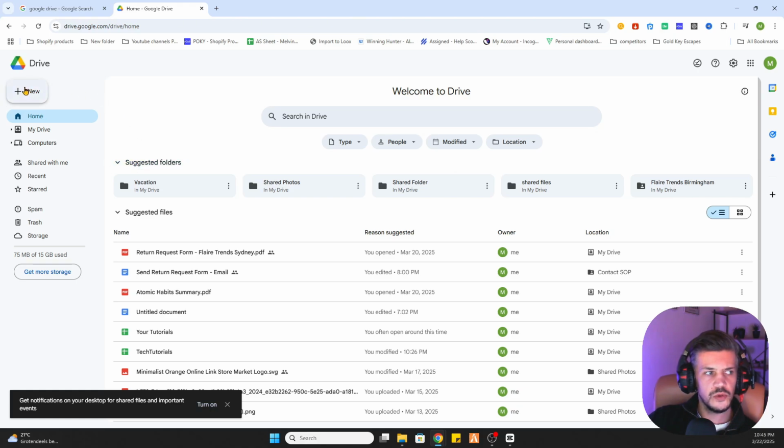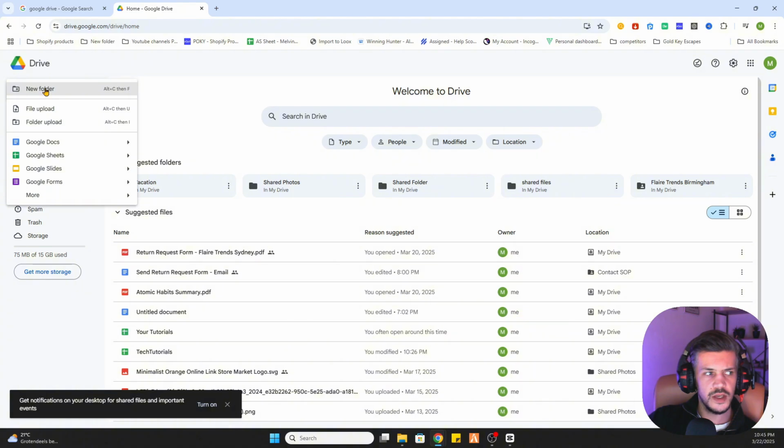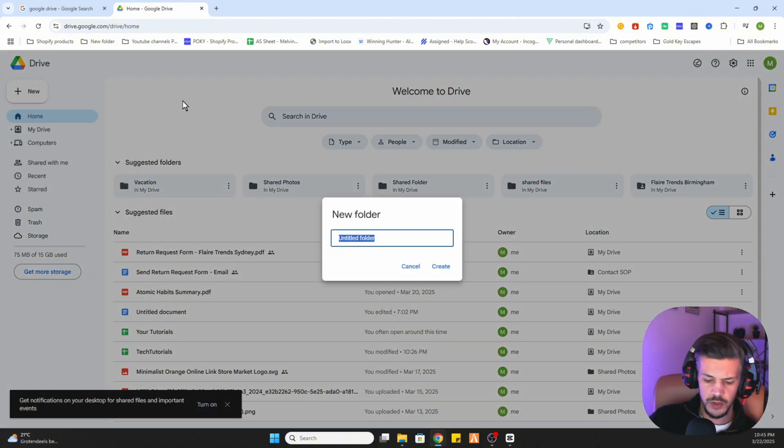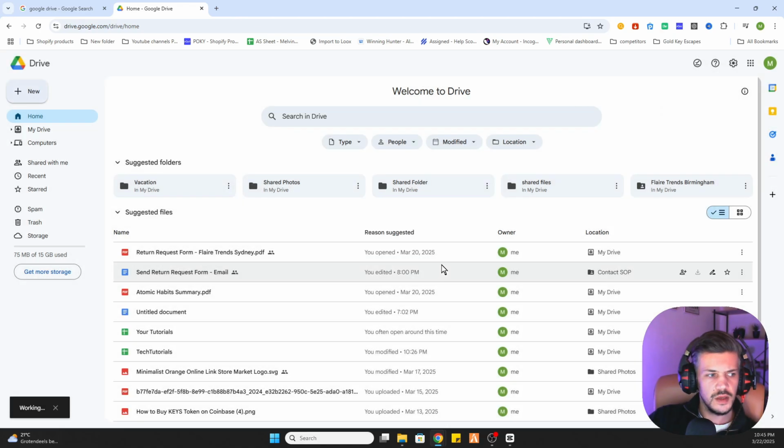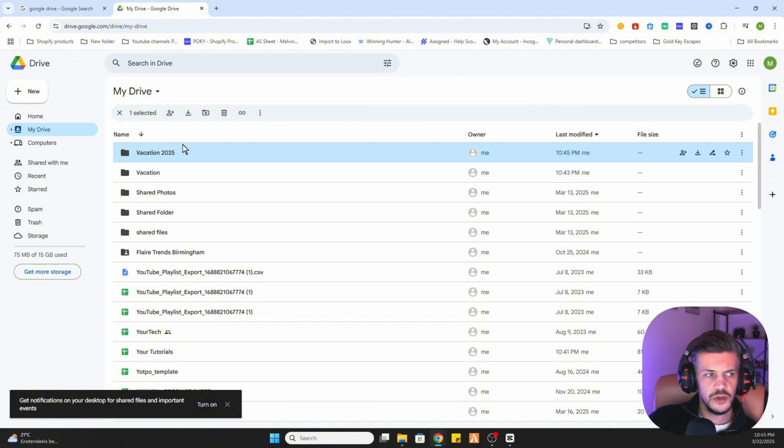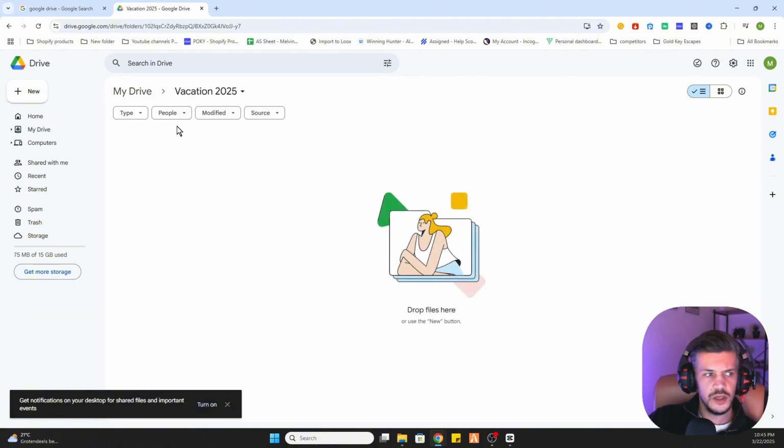So what we want to do is click on plus new and then select new folder, and we will call it Vacation 2025. Create the folder. And once you have created the folder, you will see it over here. Now go into the folder by clicking on it, and now we need to upload our files, the photos and